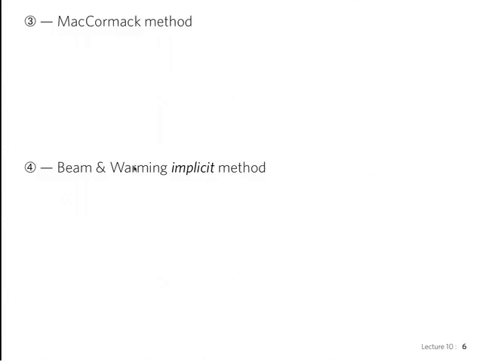Remember, we use a predicted value u star, which is obtained by our backward difference, so u n at i minus delta t over delta x, e at i plus 1 minus e at i, both at time n. And then our correction step,